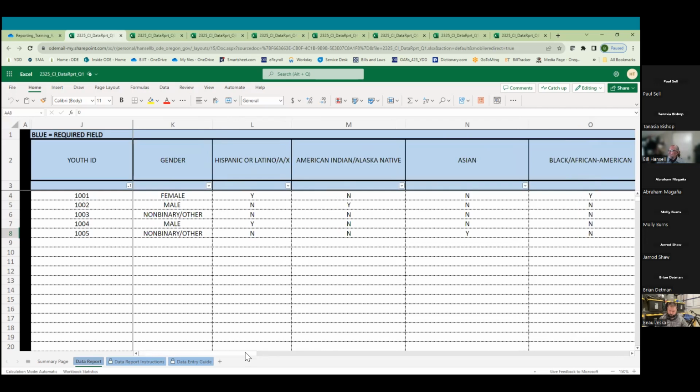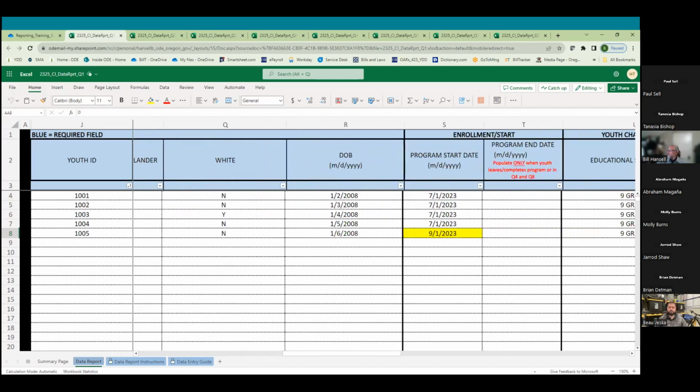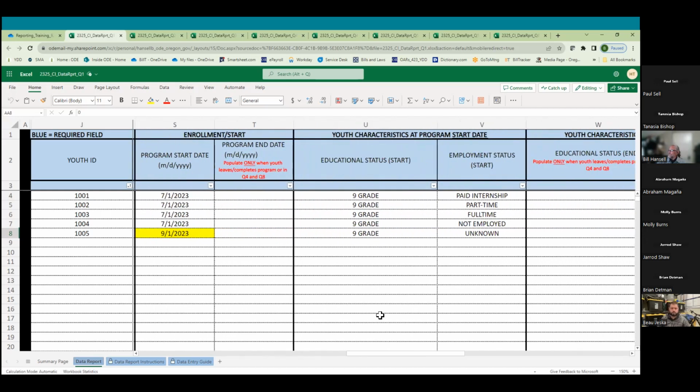Five youth in Q1 were reported. I will scroll over to the program start date, and draw your attention to the 7/1/23 start dates. This tells me that those four youth were active at the start of the biennium. This is important because